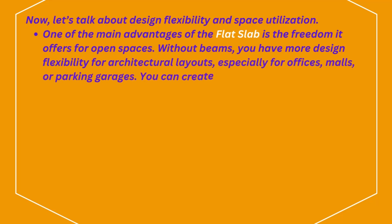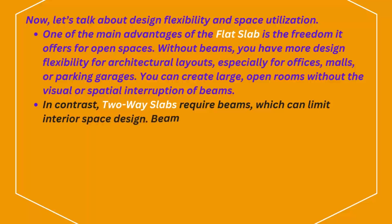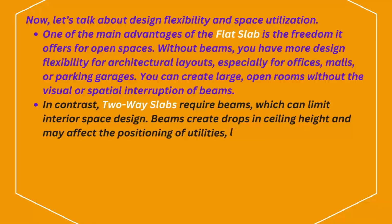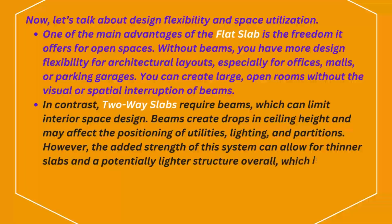You can create large, open rooms without the visual or spatial interruption of beams. In contrast, two-way slabs require beams, which can limit interior space design. Beams create drops in ceiling height and may affect the positioning of utilities, lighting, and partitions. However, the added strength of this system can allow for thinner slabs and a potentially lighter structure overall, which is